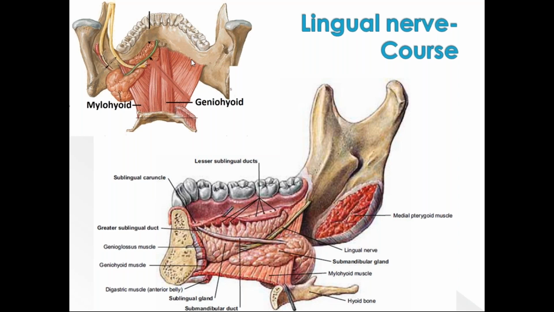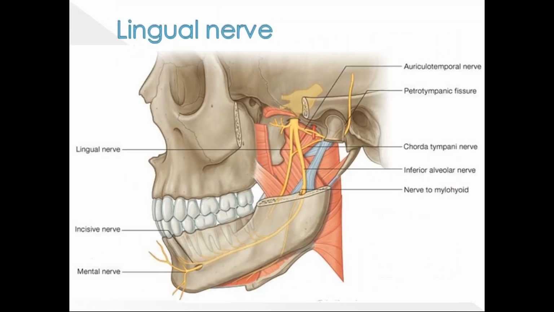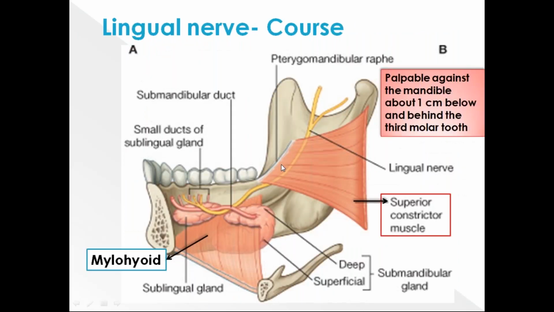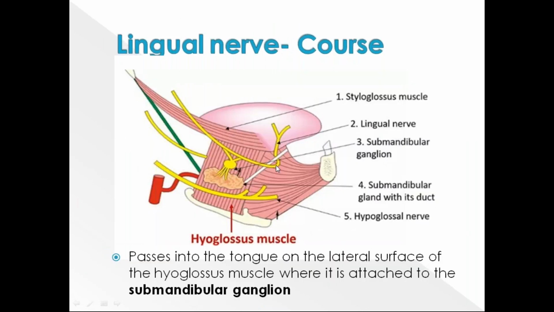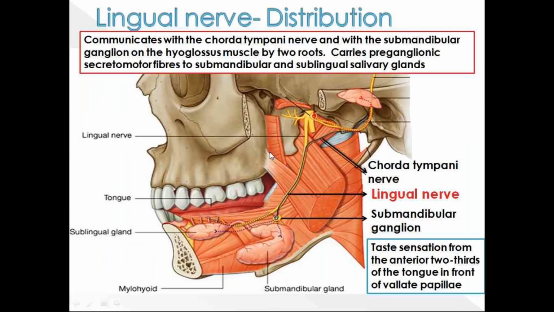Okay, so now you are clear about the lingual nerve course. So what are the things you have to remember? The lingual nerve is joined by the chorda tympani from behind at an acute angle. Then behind the third molar tip, it is only covered by the mucous membrane, so you can palpate the lingual nerve here. Then it crosses the submandibular duct and enters the tongue. Now we'll see about the branches of the lingual nerve and its distribution.